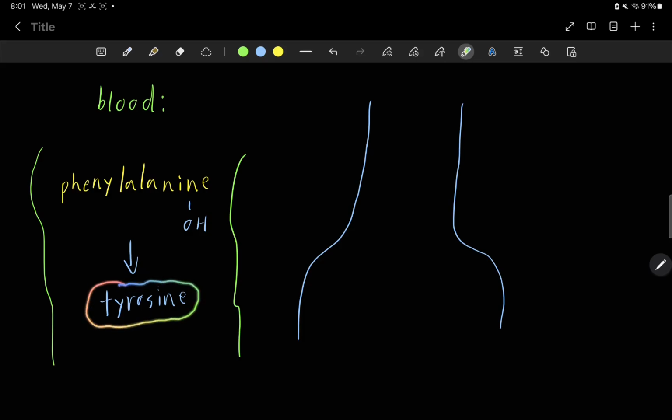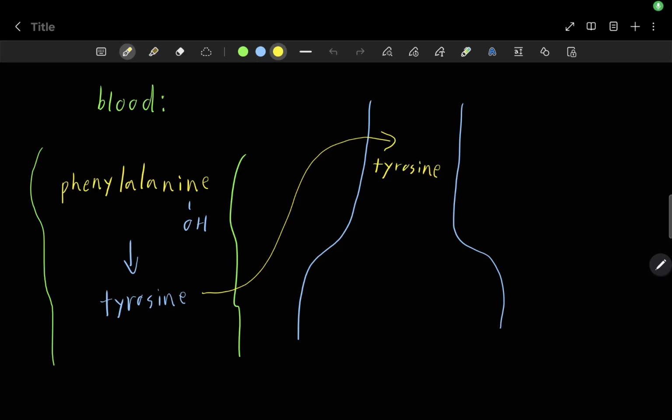And once it's turned into tyrosine, it can be transported via some transporter into your neuron. So now you've got tyrosine inside your neuron. Now that your tyrosine is inside your neuron, another hydroxylase enzyme comes along. And we already know what hydroxylase enzymes do. They add hydroxyl groups. So this comes and it adds another hydroxyl group. So now you have tyrosine with a hydroxyl group added, and this changes into a new type of molecule called